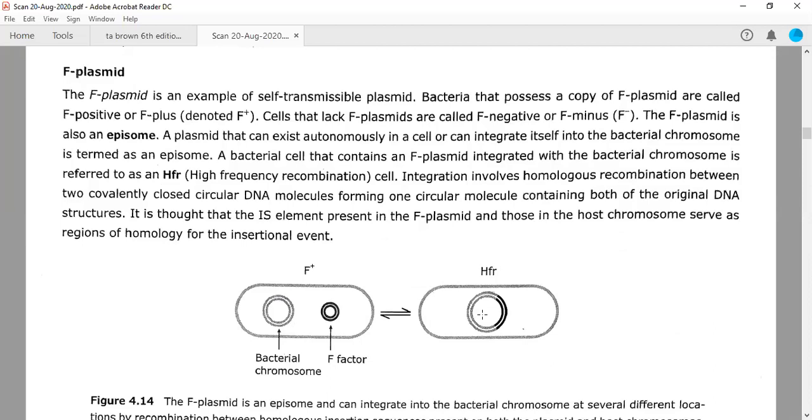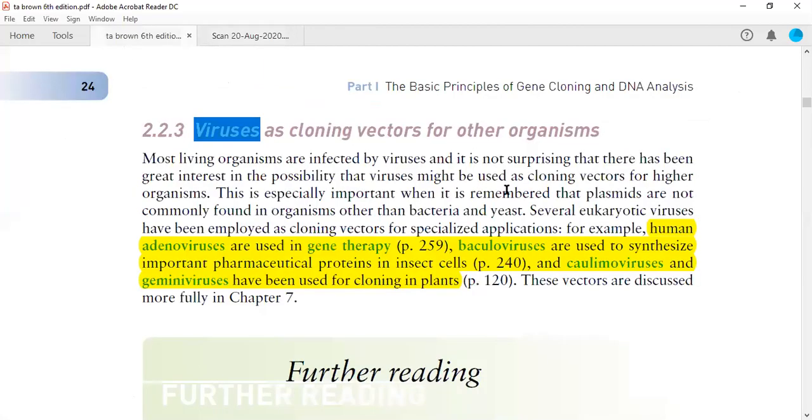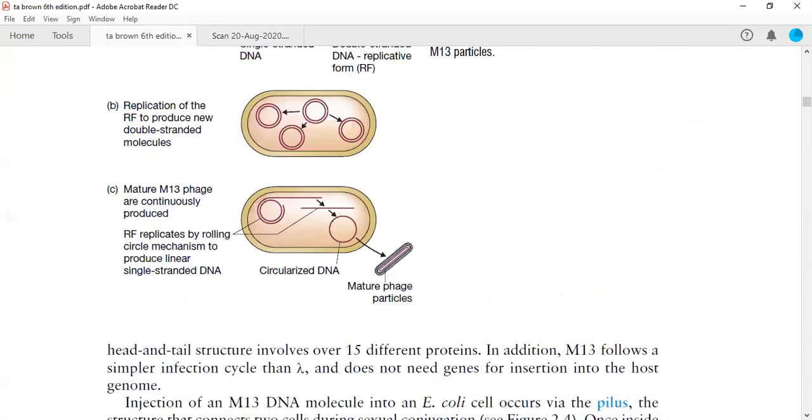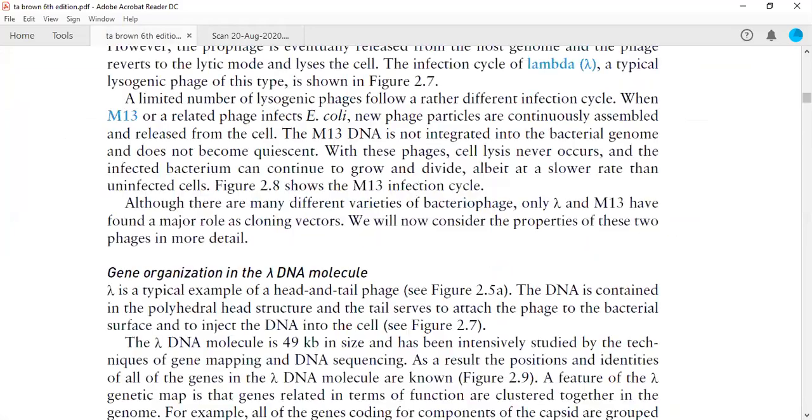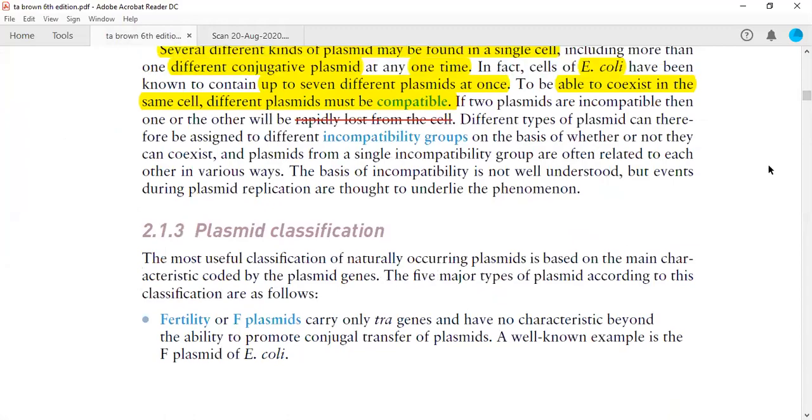We have discussed episomes, and now we will discuss Hfr. Also, we will discuss F positive and F negative bacteria. So what are these actually, and how are they classified? There is a very basic theme behind this classification. It depends upon the F plasmid. This F plasmid is an example of a self-transmissible plasmid. So it is able to transfer itself from one bacterial cell into another, as I showed you in one diagram, in which this F plasmid is able to transfer itself. This is shown on page number 16 in this book.